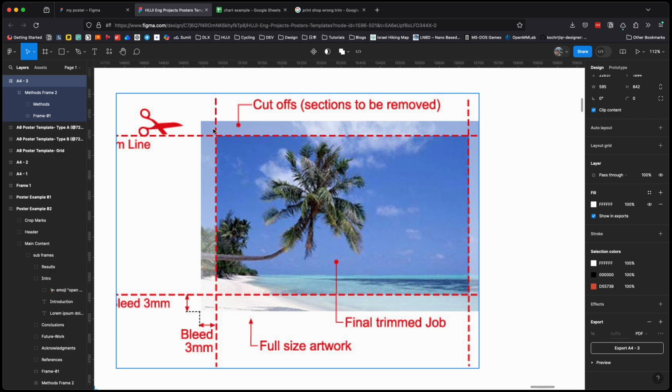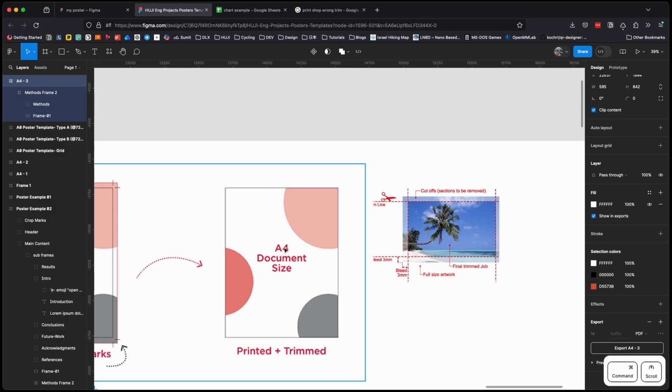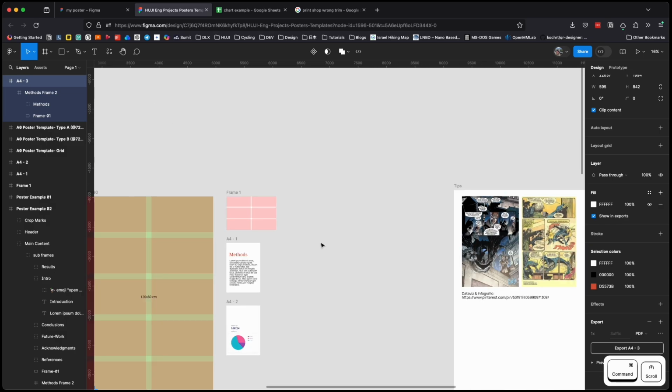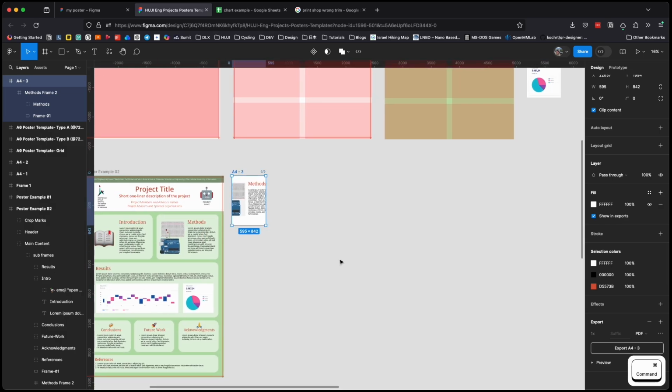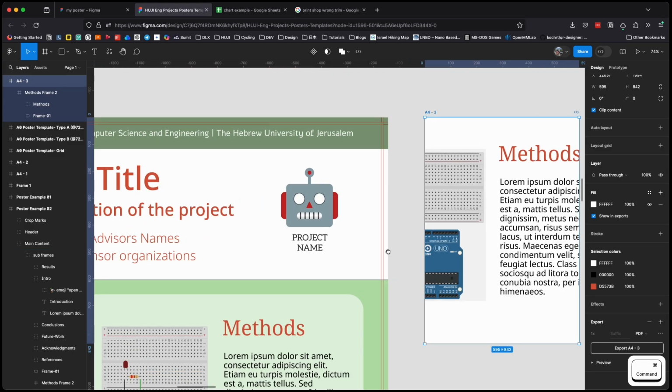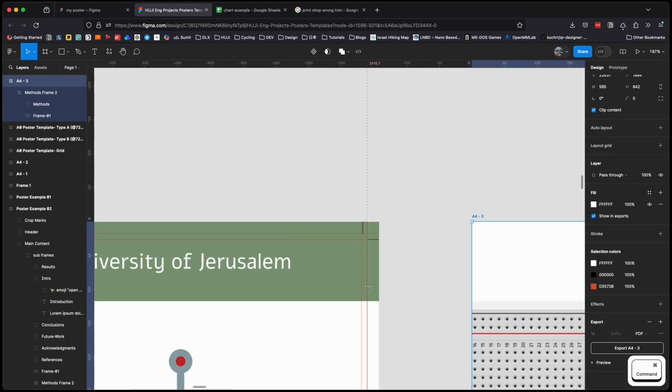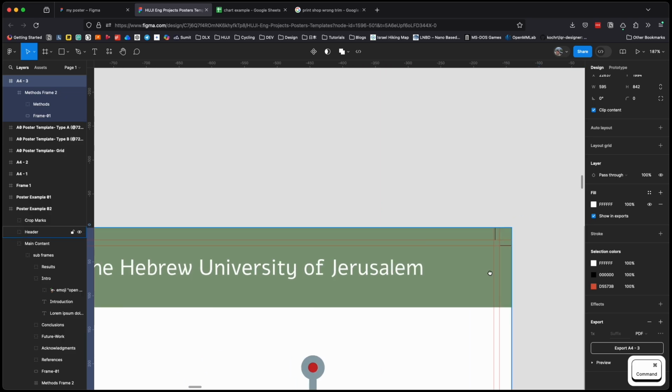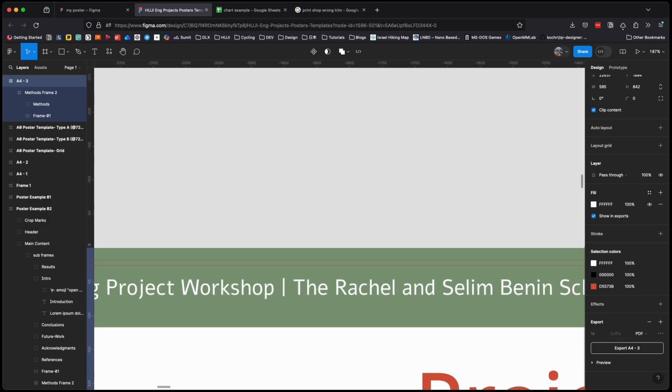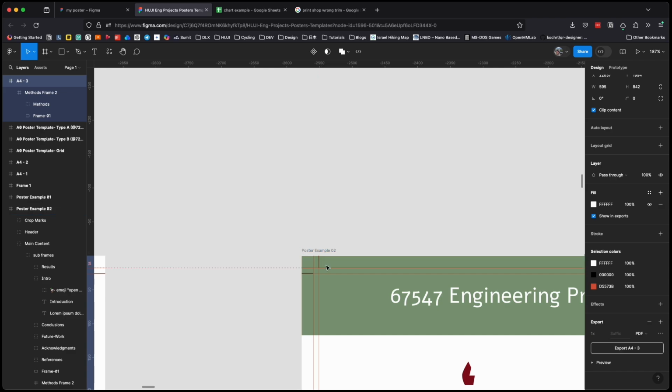So we print a slightly bigger paper with the background bleeding outside of the final area. And after the print, we just cut, and then we get a very nice frame with all the colors, the backgrounds reaching the edge of our design. So if we look in this example, in our template, you could see that any element that needs to reach the edge, any color that needs to reach the edge of our design